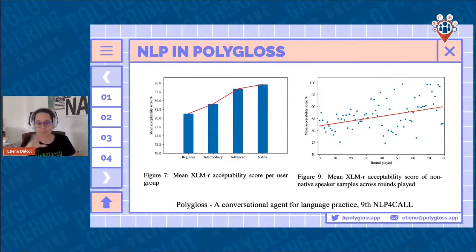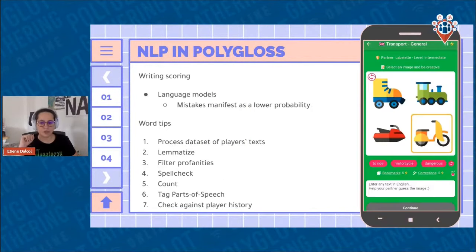And yes, so that's one instance where I used natural language processing methods in the app. The other instance was on generating the word tips, because I process all of the data sets of the player's text in the history for a given image, and then I do some simple processing like spell checking, removing profanities if there is any. Then I count the most popular words, and then I use a software for tagging that separates them in